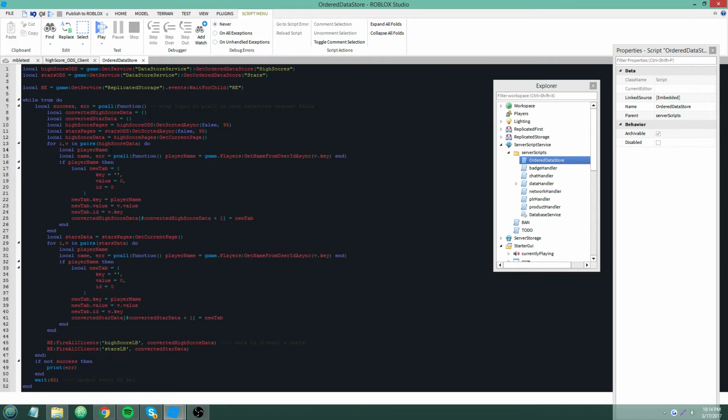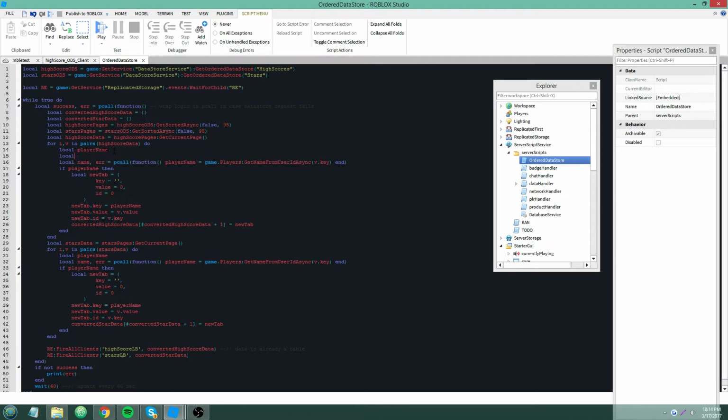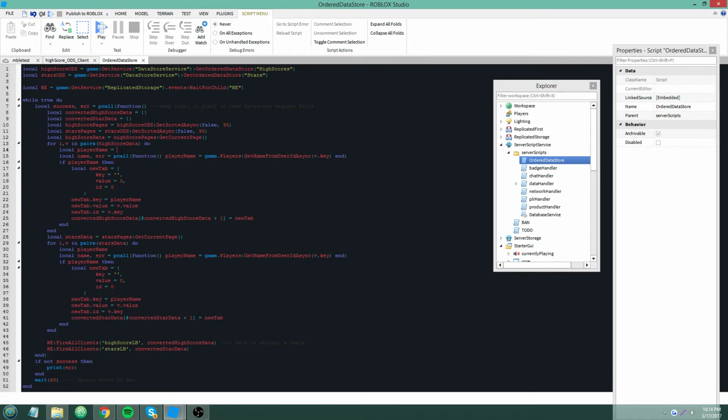But yeah, so right now, local playerName, that's defining it as nil. It's just cutting off the equals nil. So we're sort of predefining this variable to use outside of the scope, but we're setting a value to the variable here, their username that we get from their user ID. So if playerName, then we're going to do some more stuff. Basically, if this was successful and playerName is not nil, then we're going to run this code.